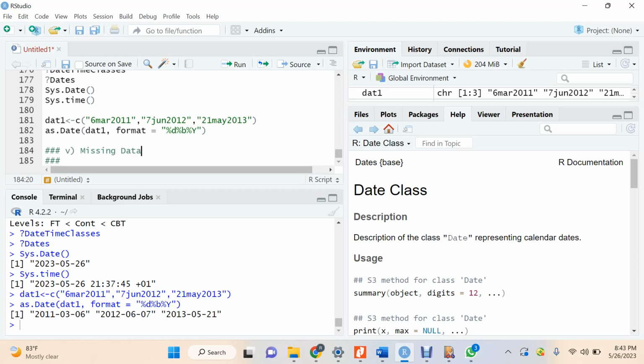So sometimes they will just leave it out because the person doesn't want you to know the exact salary. Or you are asking personal questions, whether the person, let's say, smokes, or has contracted some particular disease and so forth. In such cases, you may not get responses, okay? And remember that our data set